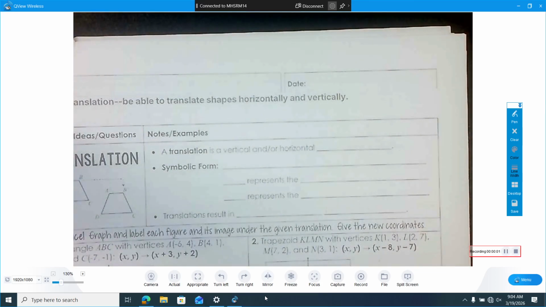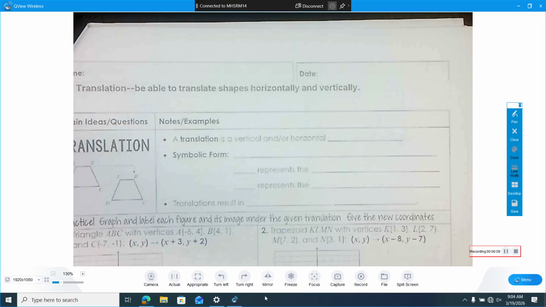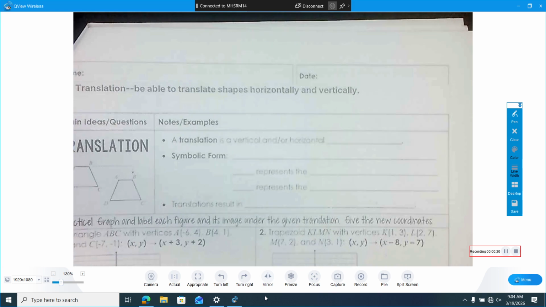We talked about reflections, and I think that was pretty easy. So today we're learning another type of rigid transformation. And again, rigid just means that the shape shouldn't change. Whatever it started as, it ends as, and it doesn't change size at all, okay? However, it can be slid around or reflected, so it gets flipped upside down maybe. That's fine, okay? So today we're looking at translation, and translation